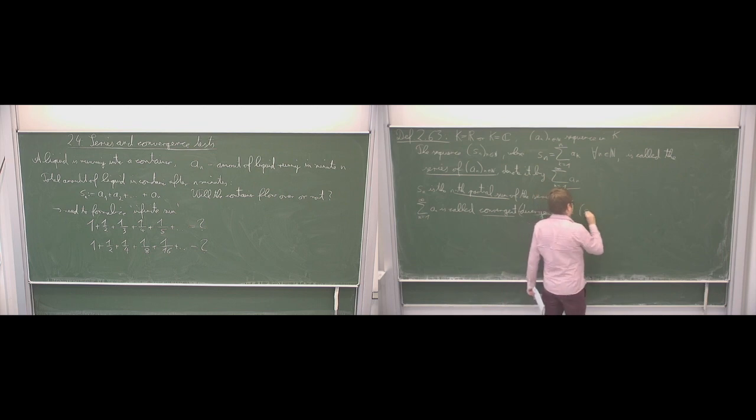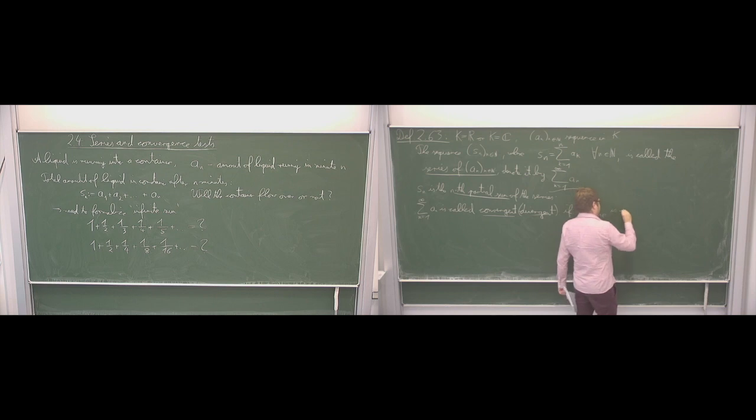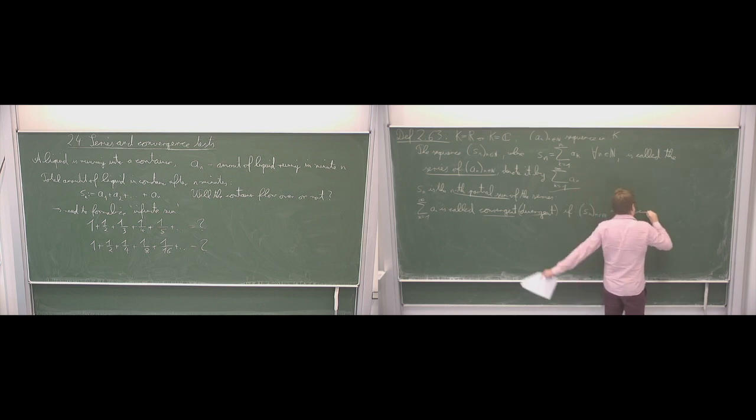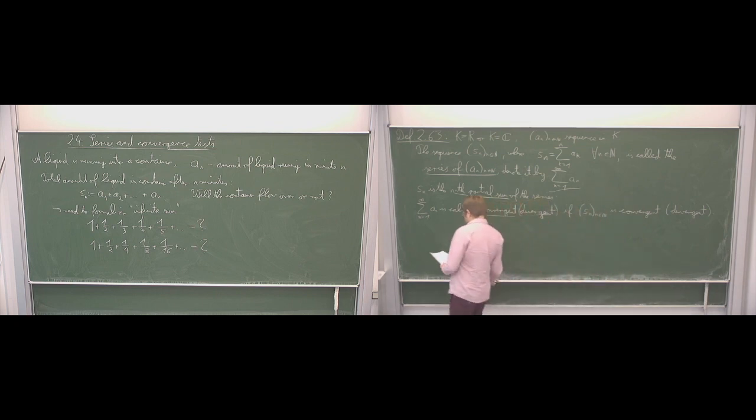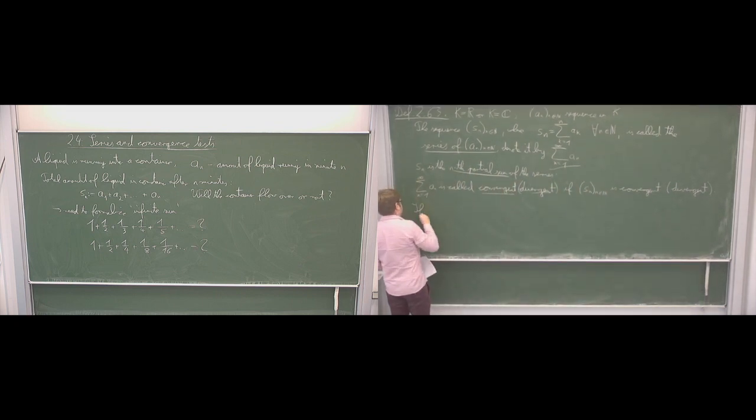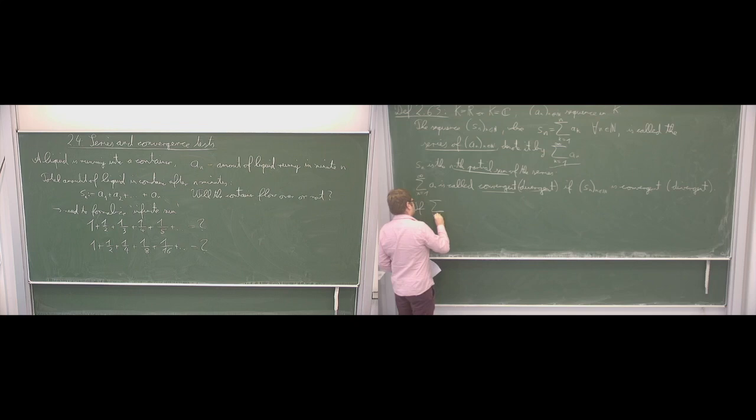So if the sequence S_n, which is basically by definition this series, is convergent or divergent, just to make this clear, I will write simply that this expression, this infinite sum, converges when I actually refer to this sequence. And if the series converges,